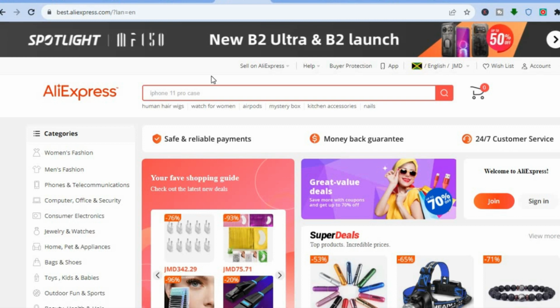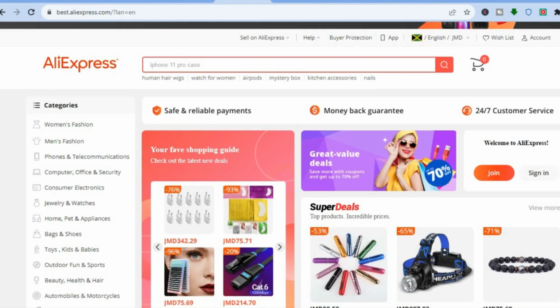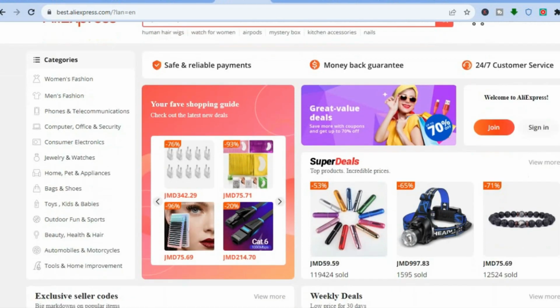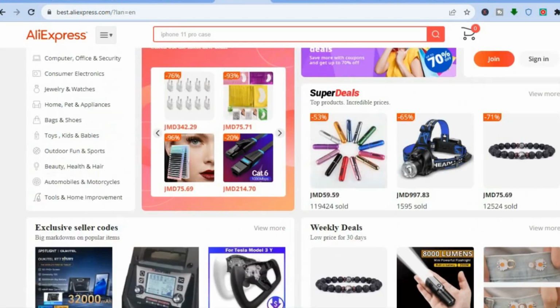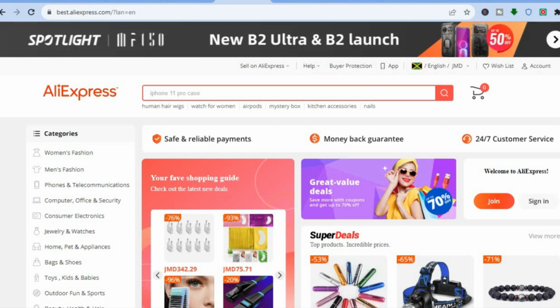With AliExpress, you'll be able to source products very affordably, and you'll also be able to find different shipping options. So all you'll need to do is go onto aliexpress.com. Once on aliexpress.com, you can browse around and decide the niche or category that you would like to be in, and you can search for different products, and based on the reviews that a particular product is getting, you can know whether it is a good product and whether you would like to try it out.